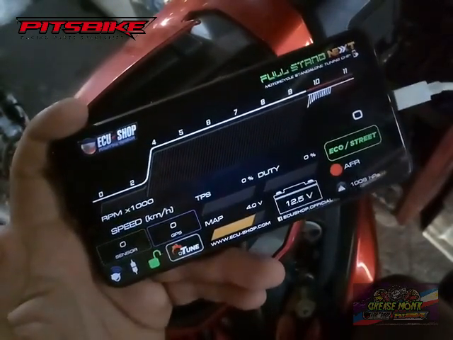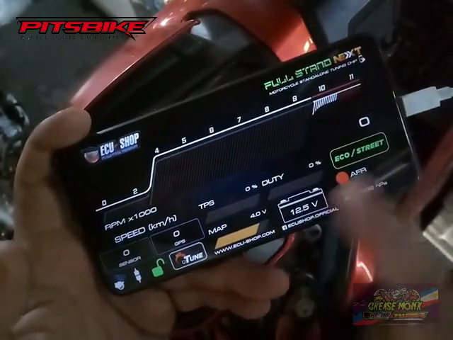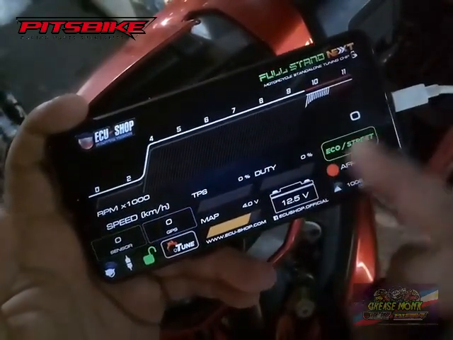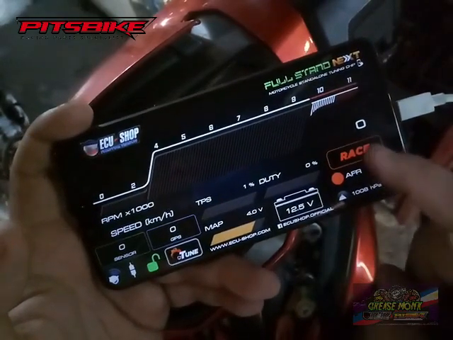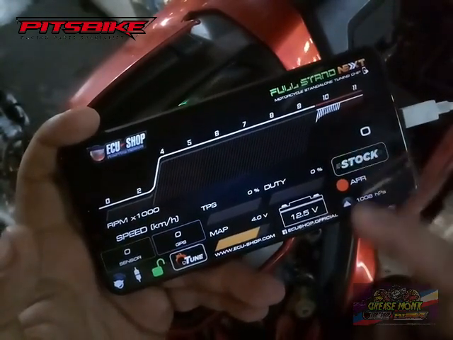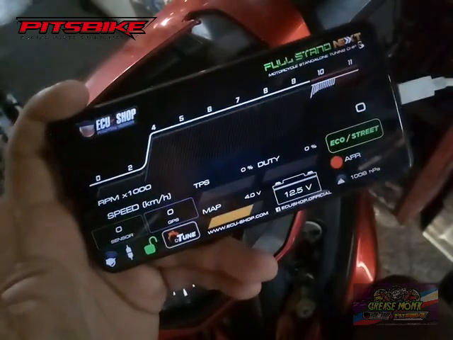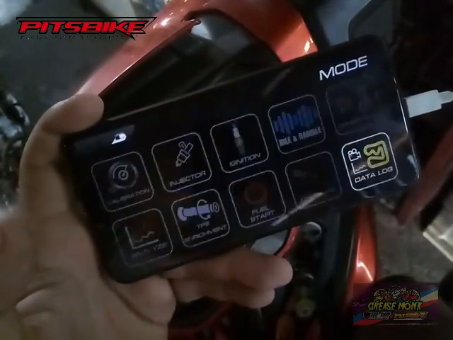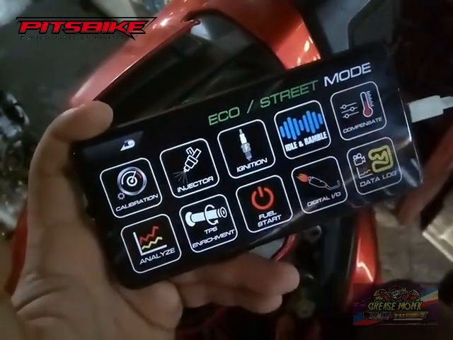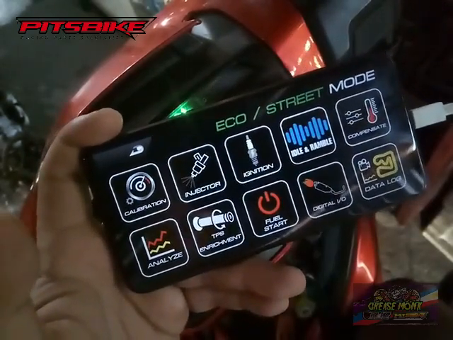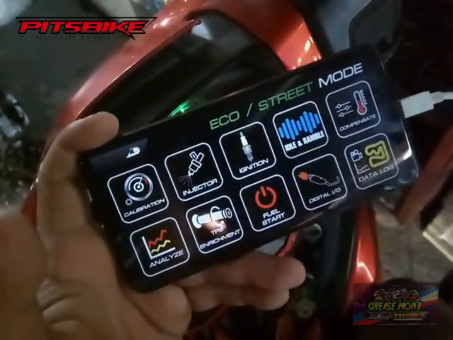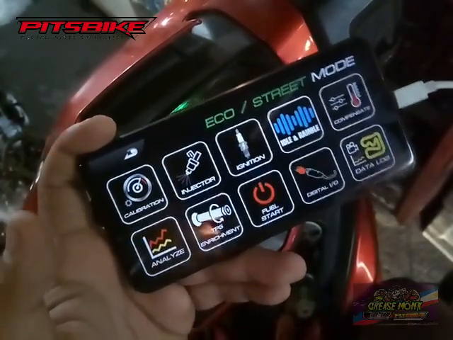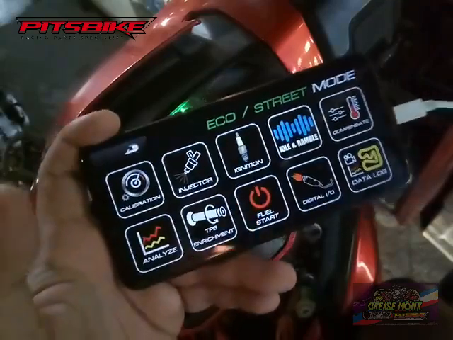First things first, we have to make sure that you are tuning the right map. You have to select between the eco or the race. Right now we will just select the eco street. After that you press tune. After pressing tune, you'll be able to access the whole ECU system that is really important for us to be able to